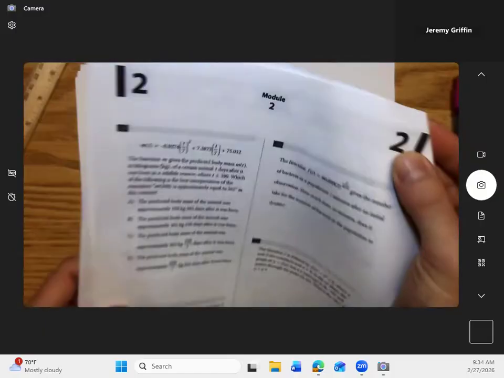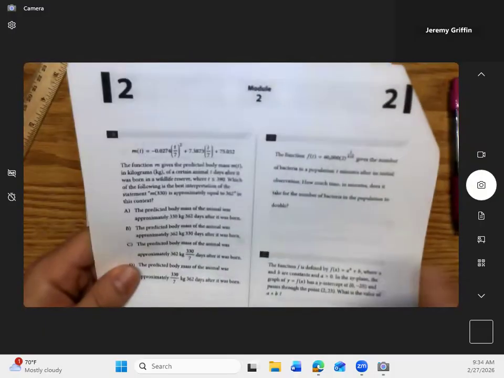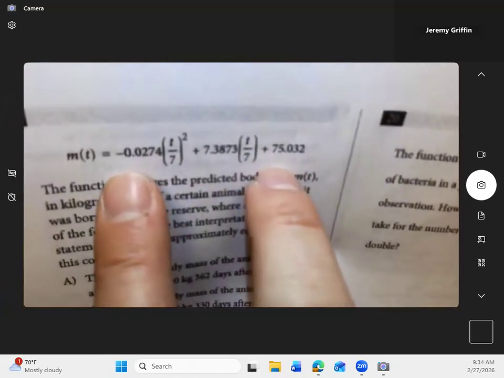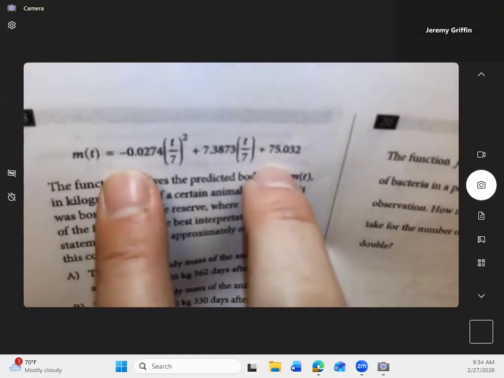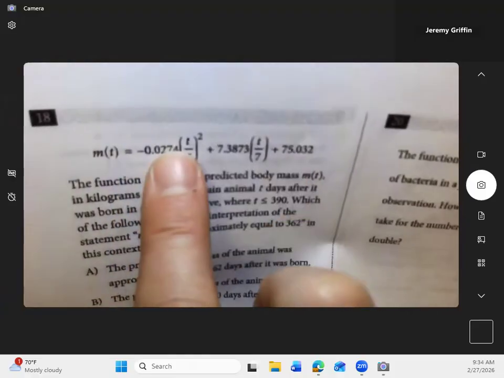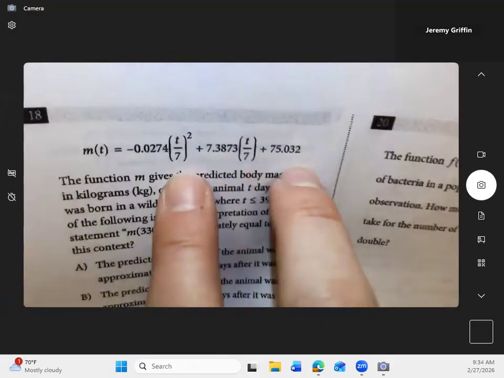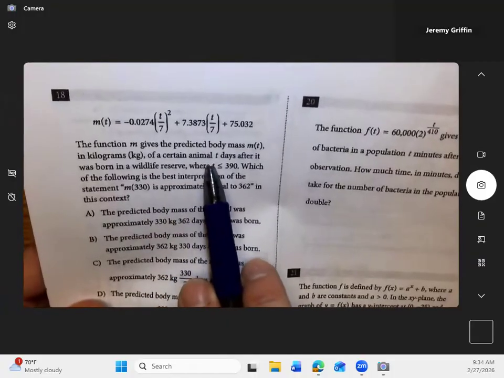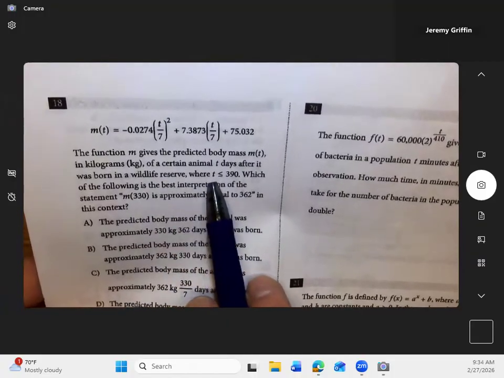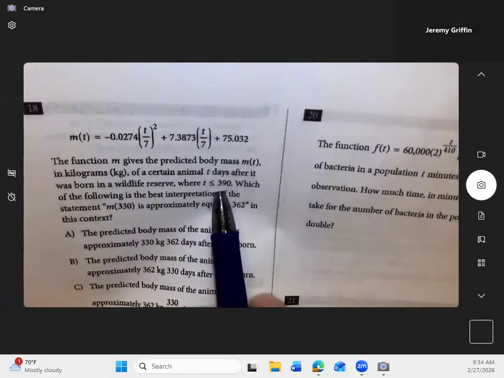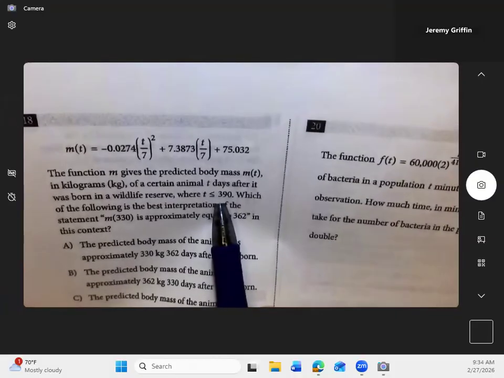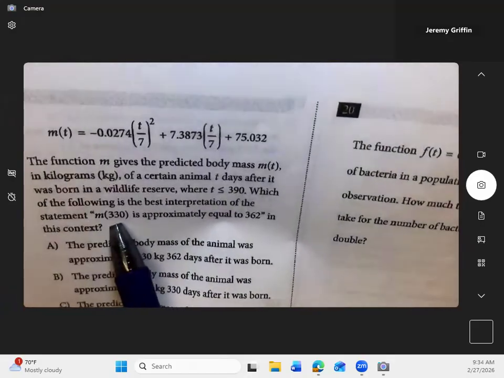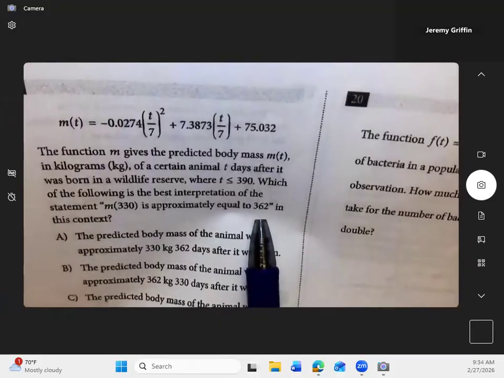On to number 18. Okay, you guys got 18. Ooh, we got this funny looking function here. Guys, what shape is that? If you graph that, what shape would that be? Parabola. Yeah, I got a t squared, I got a t, and I got a constant. That's definitely a parabola of some kind. We got predicted body mass in kilograms after t days for a wildlife reserve, where time only goes up to 390 days. I think it's days, right? Yeah. Which of the following is the best interpretation of m of 330 is approximately equal to 362 in this